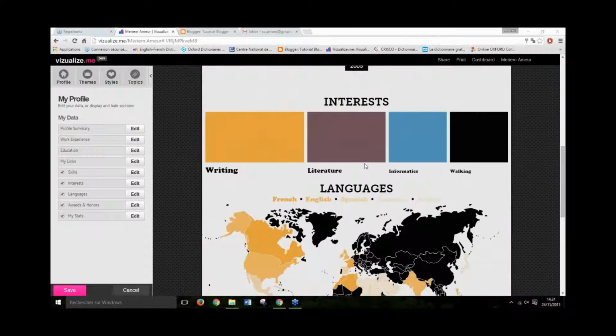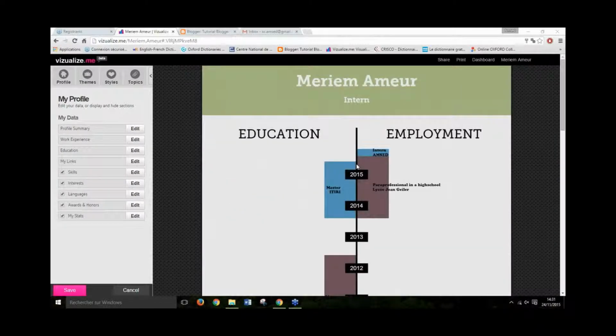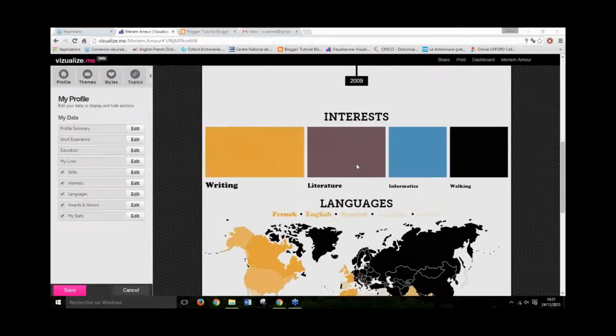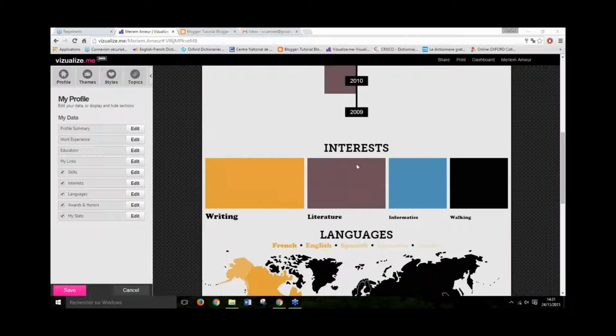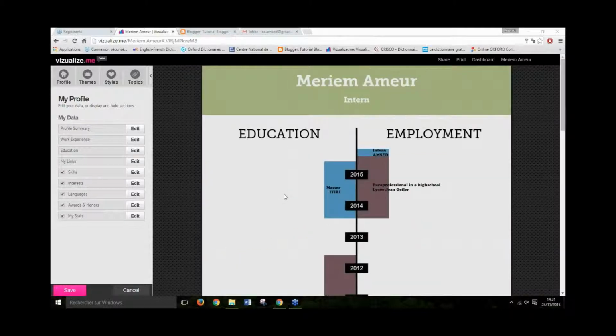Okay. So this is Visualize Me and how it can look like. It will depend on, you have various themes, various categories you can fill, various styles. So you're going to see this. So first you have to create your account on Visualize Me, and then you will arrive on this beta version